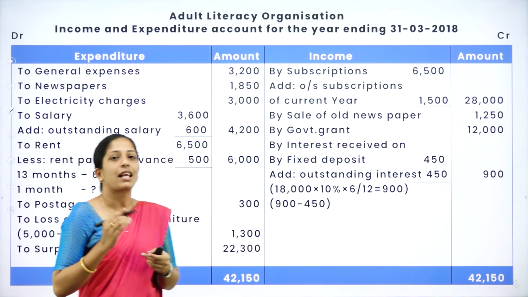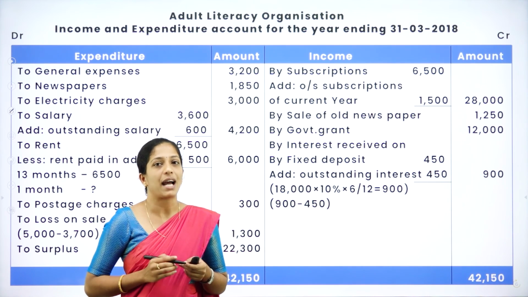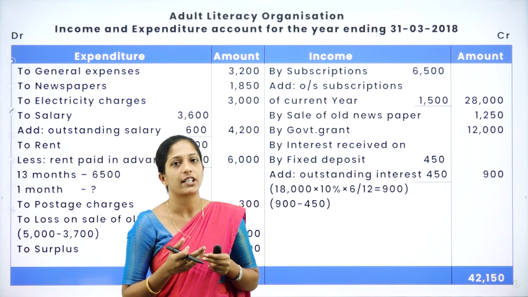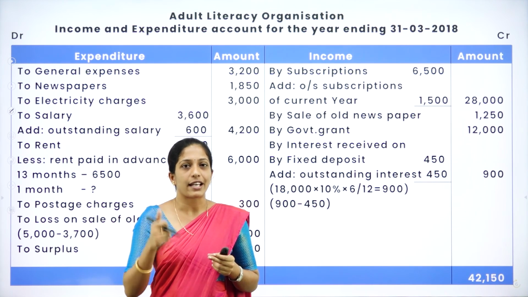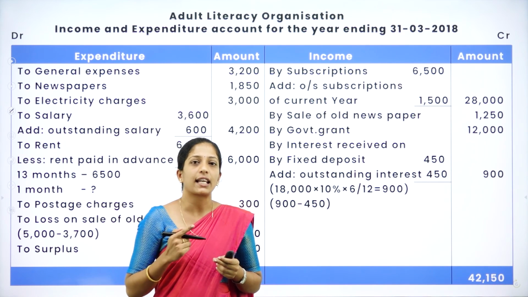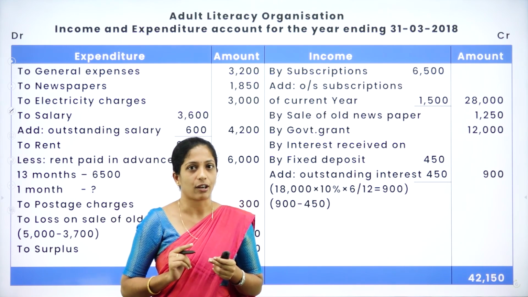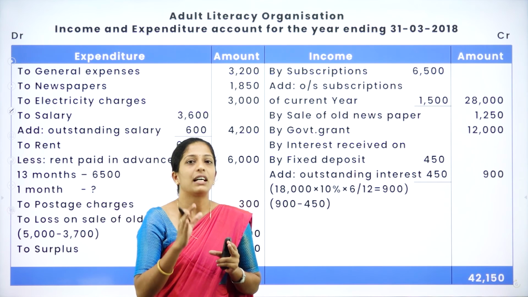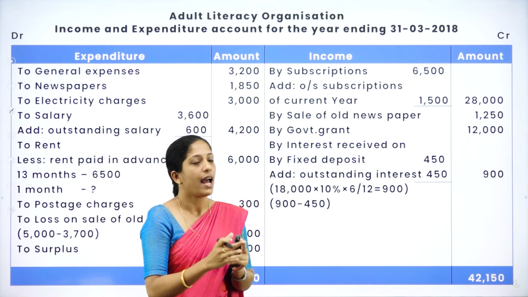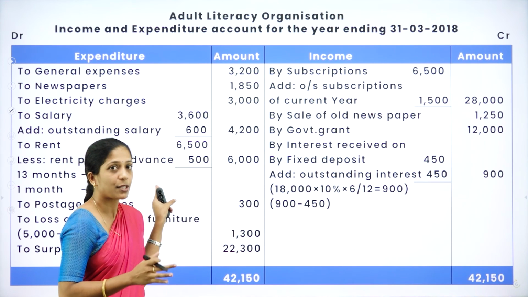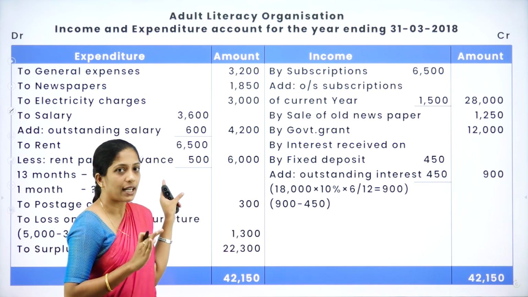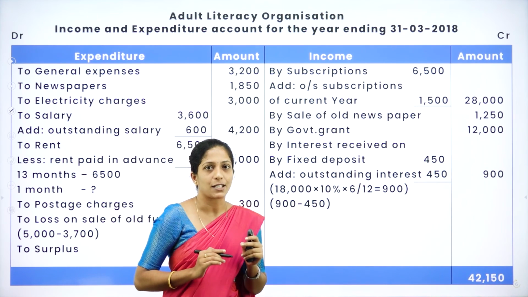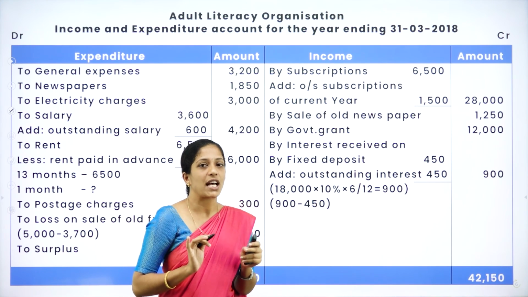Clear? Yes. The next account that has to be prepared is the income and expenditure account. Now what are the conditions to be considered while preparing the income and expenditure account? First, only the transactions of the current year have to be recorded, and second, we are going to record only revenue items. Now first, whatever items are in the payment side of the receipts and payment account have to be recorded in the expenditure side, and only revenue items. Whatever is in the receipt side has to be recorded in the income side of the income and expenditure account, and only revenue items have to be recorded.